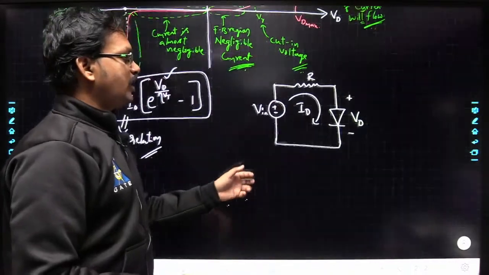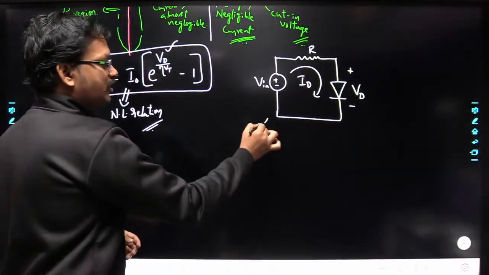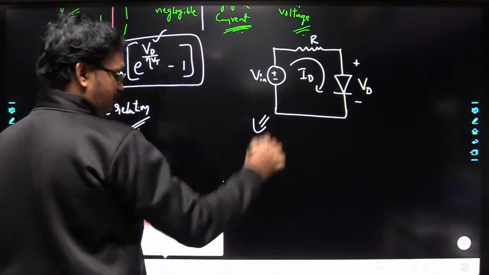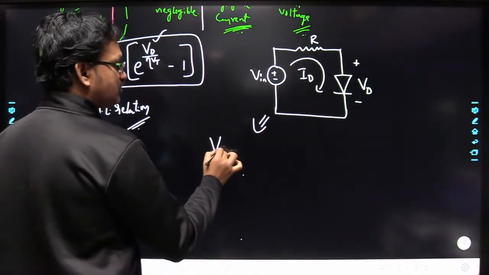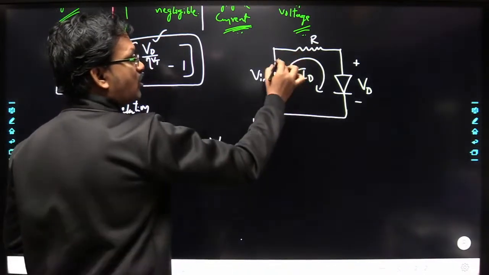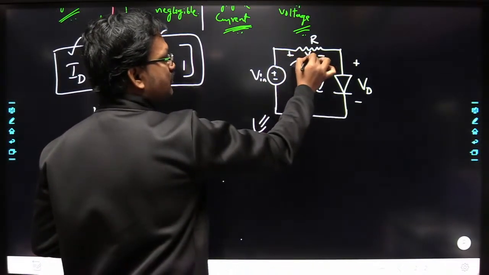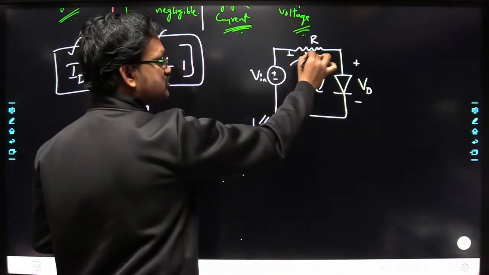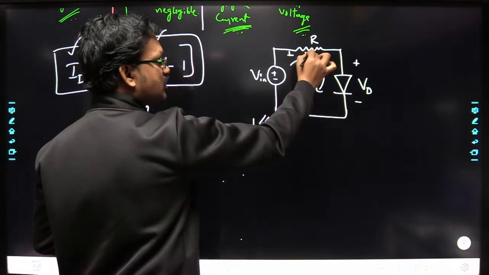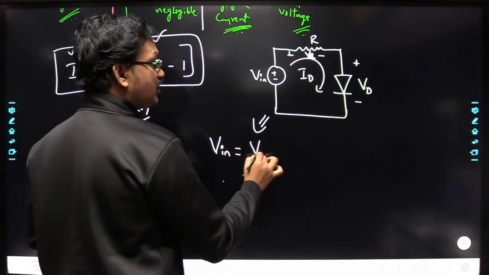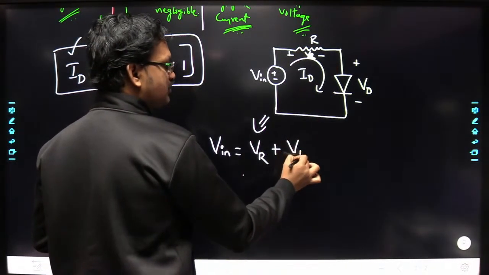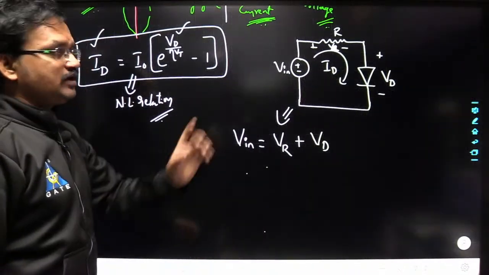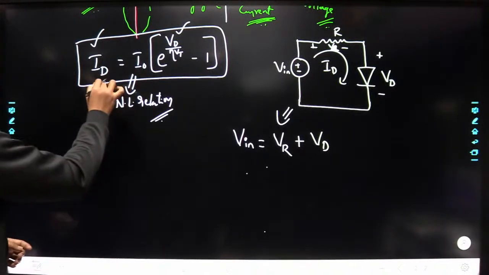So in this circuit, what are you going to get? If you apply KVL, V in is equal to the drop across this resistor, VR, the voltage across the resistor, plus VD. V in is equal to VR plus VD. I want to determine ID. So from this expression,